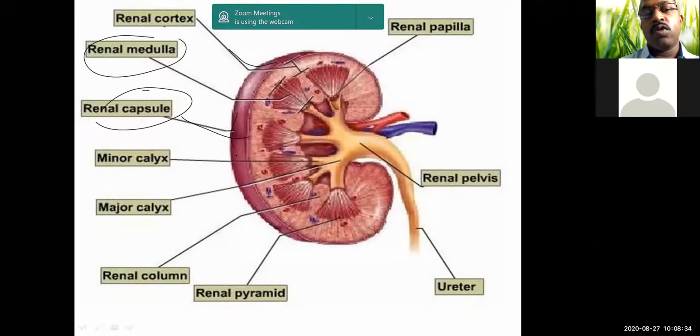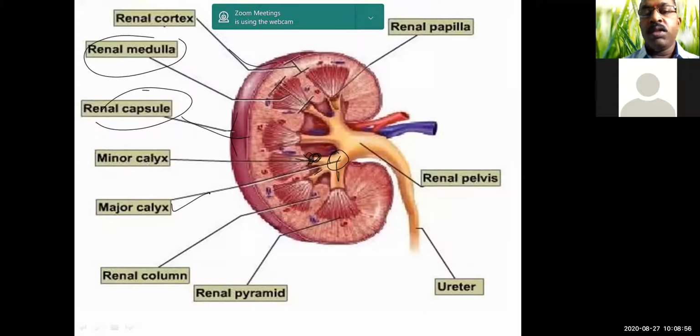You can see the outer part of it, and then minor calyx, and then major calyx. Minor calyx means all the nephrons will drain out into a common duct, that is called the minor calyx, and two or more of these minor calyces combine to open up into a bigger tubule